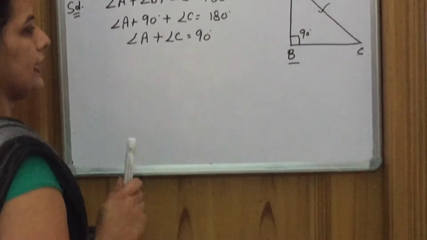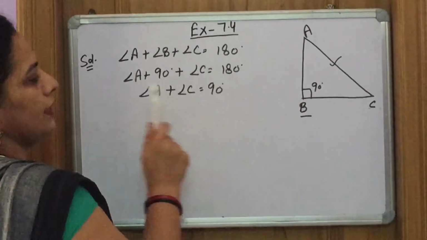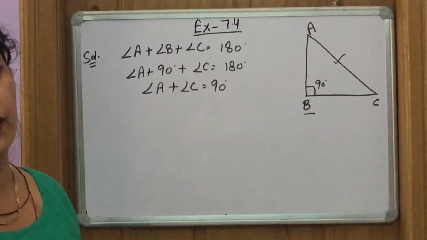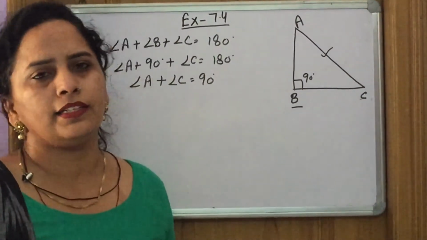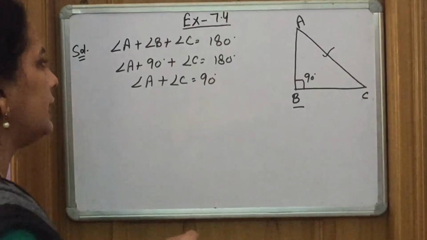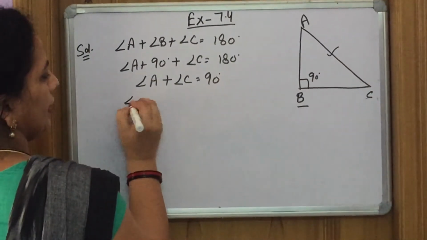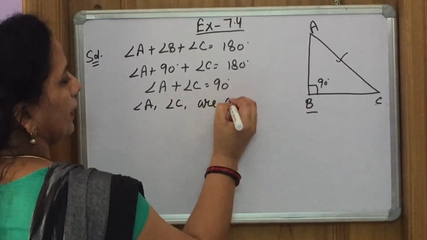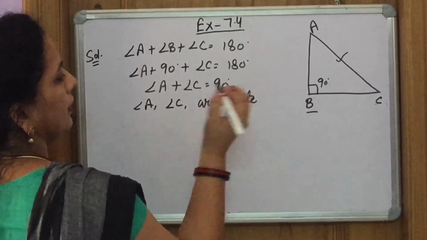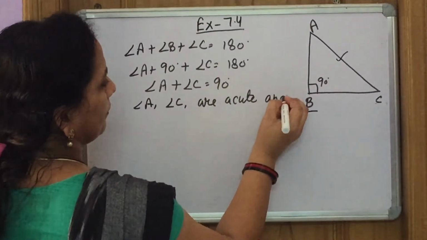Here we can say that angle A and angle C are two acute angles, because an angle whose value is less than 90 is an acute angle. That means if angle A and angle C are acute angles, then